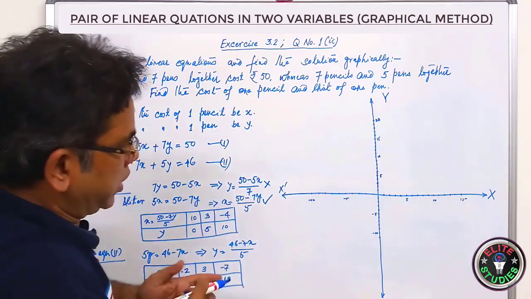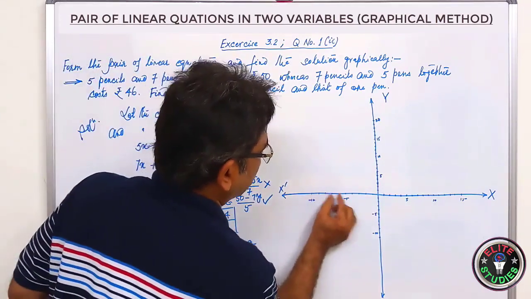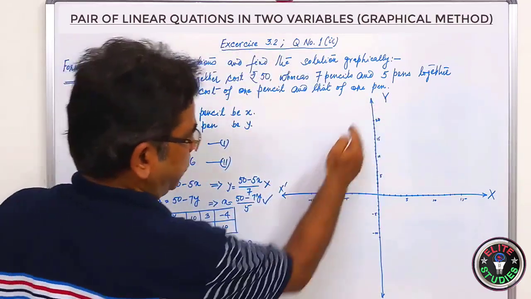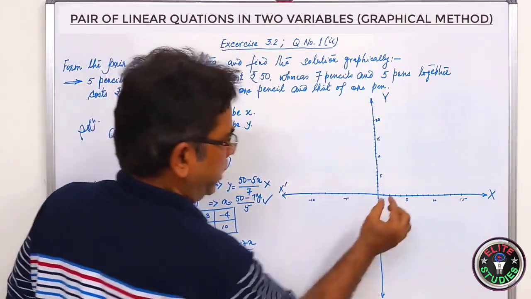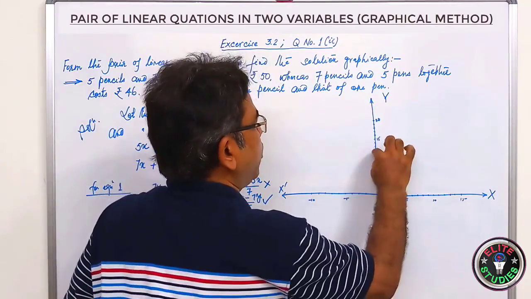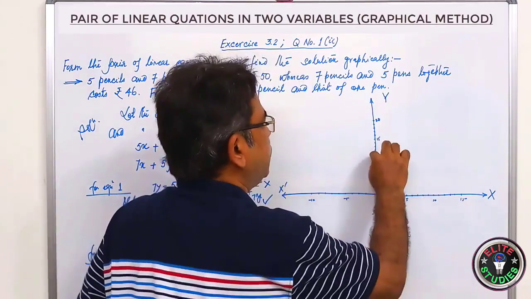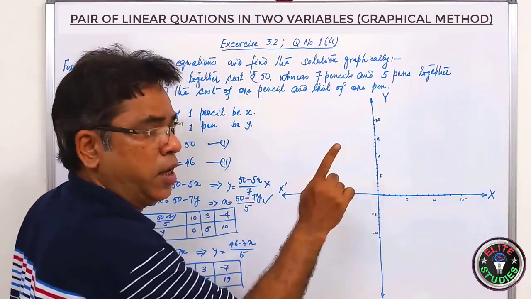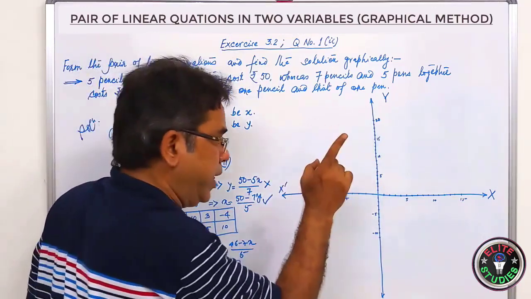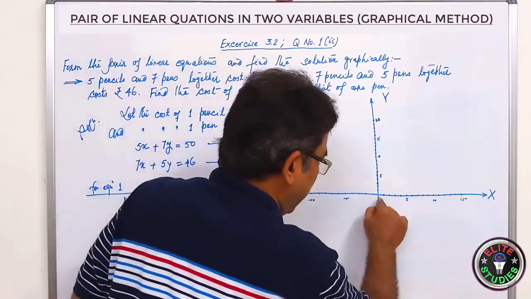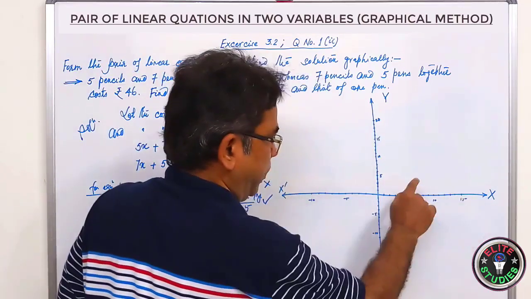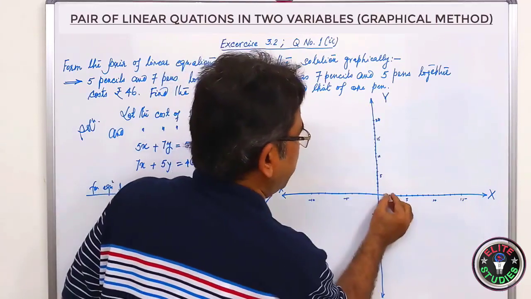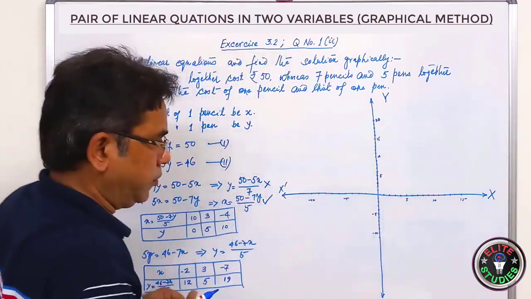Here one thing you should understand. The spacing must be equal on the x-axis, and the spacing must be equal on the y-axis. But remember one thing, this spacing need not be equal to that spacing; this may be bigger and that may be smaller, or the other way around. That is not the criterion. The requirement is that whatever the spacings are here, they should be the same, and here they should also be the same. But this spacing may not be equal to that.